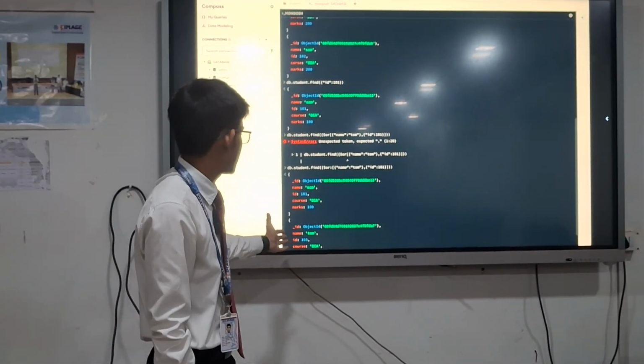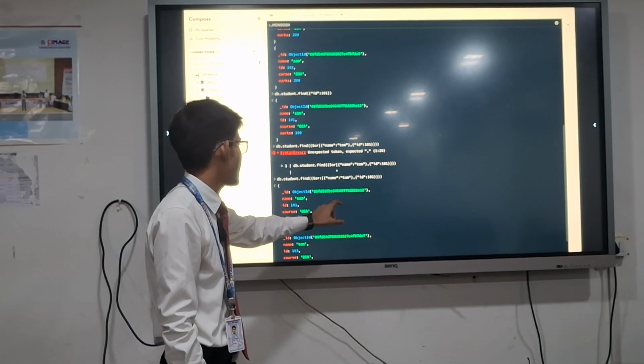Here we get the documents of the student named Tom or whose ID is 101.